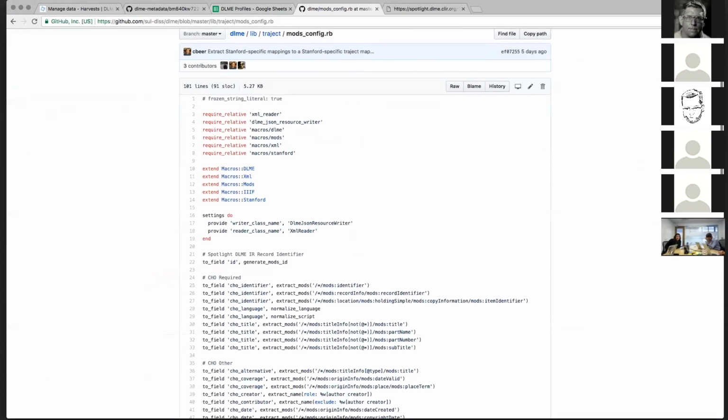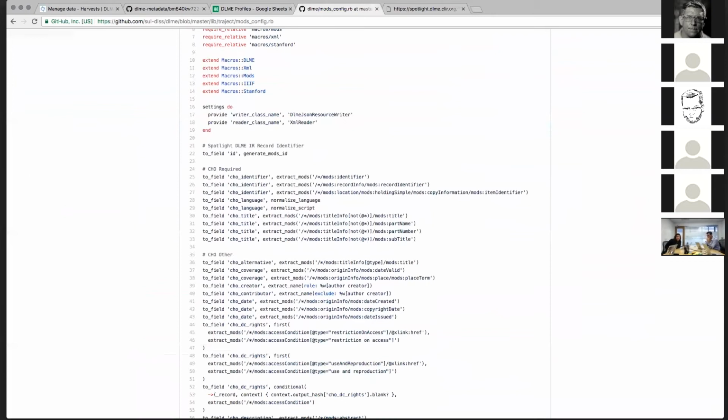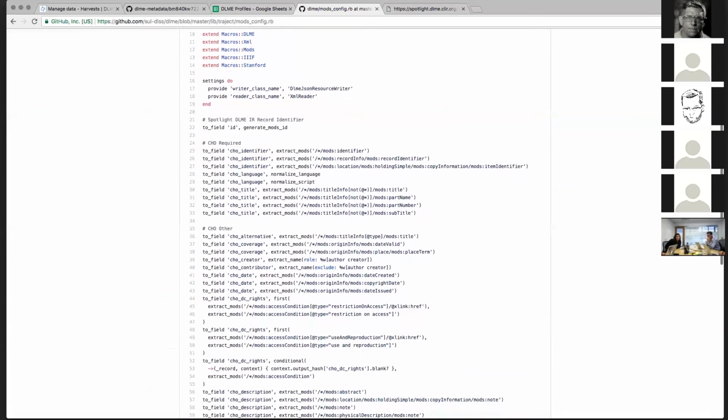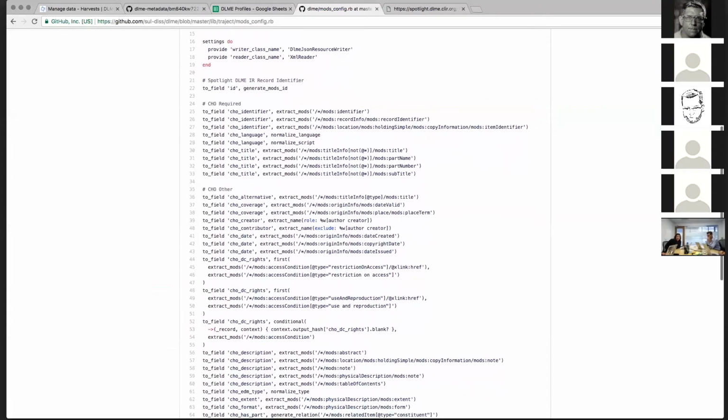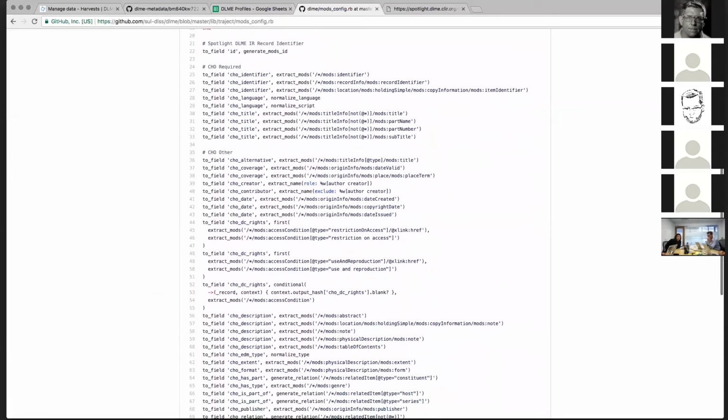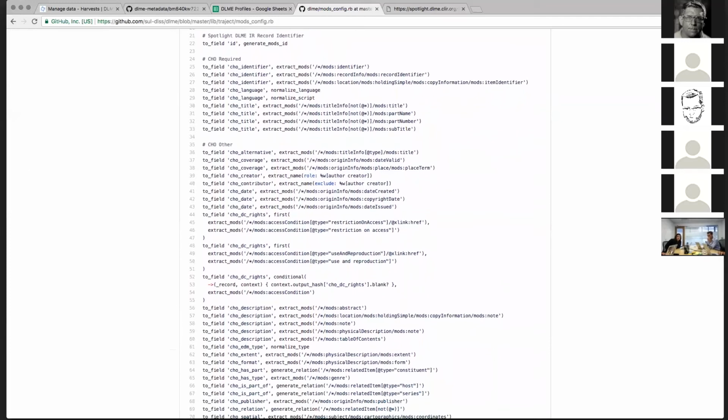For MODS, you can see we have tried to pull out everything that can be universal for any MODS XML that we receive. And leveraging our extensions to Traject, we can map to a particular field, either a complete XPath pulled from MODS. The CHO identifier on row 25 is just pulling from a particular XPath for each MODS record that we process.